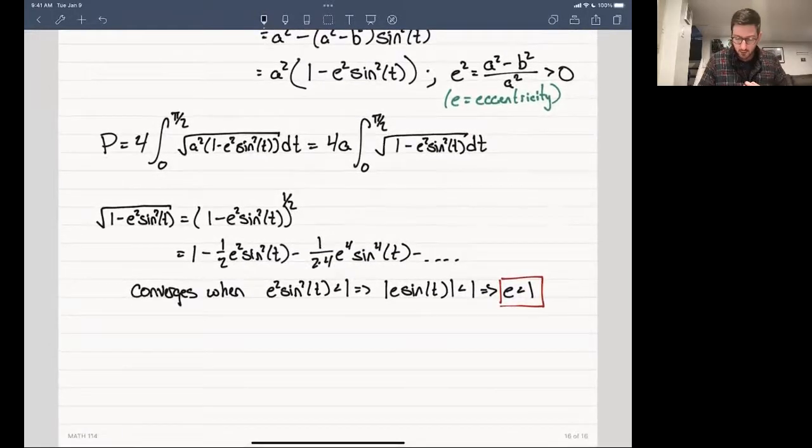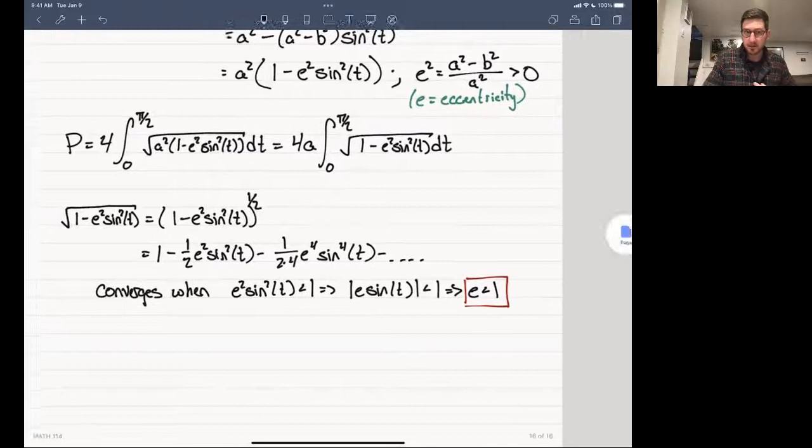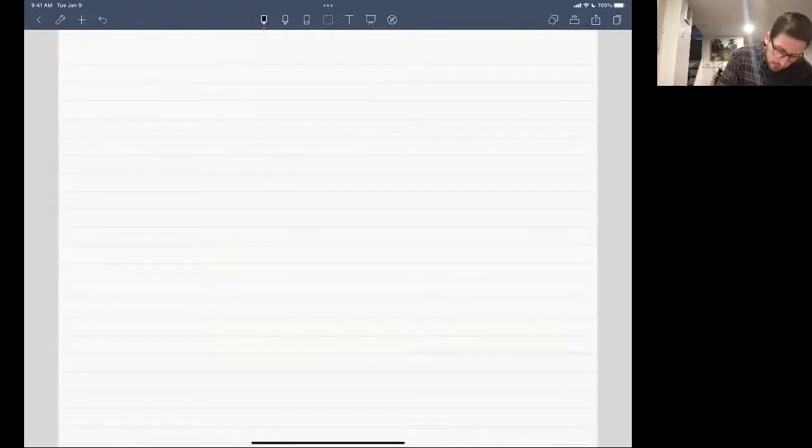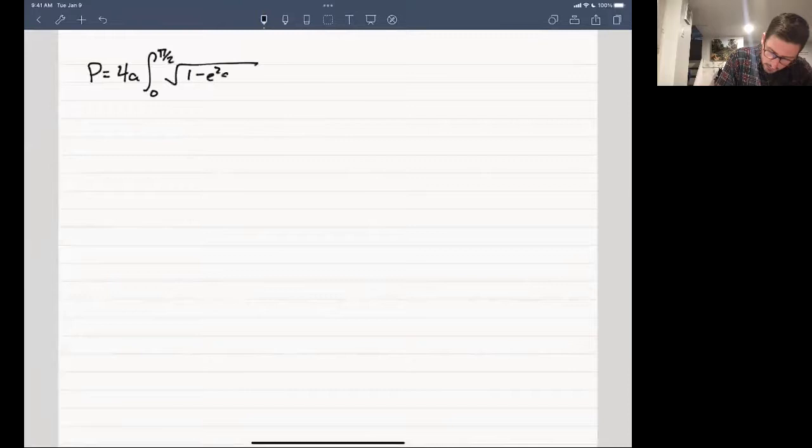Okay, so then, what do we do with this thing? Well, let me start a new page. But my perimeter is 4a, the integral from 0 to pi over 2, and then the square root of 1 minus e squared sine squared of t dt, which is equal to, now we can put in this